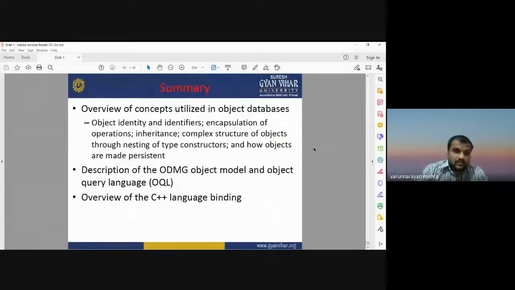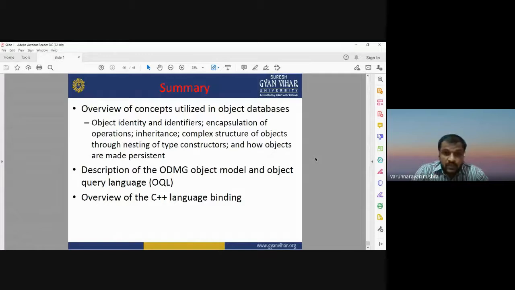So the summary of today's lecture is that we have overviewed the concepts that can be utilized in an object database. Object identity and identifiers were described, along with the encapsulation process, different kinds of inheritance, complex object structures through the nesting of type constructors, and how objects are made persistent.